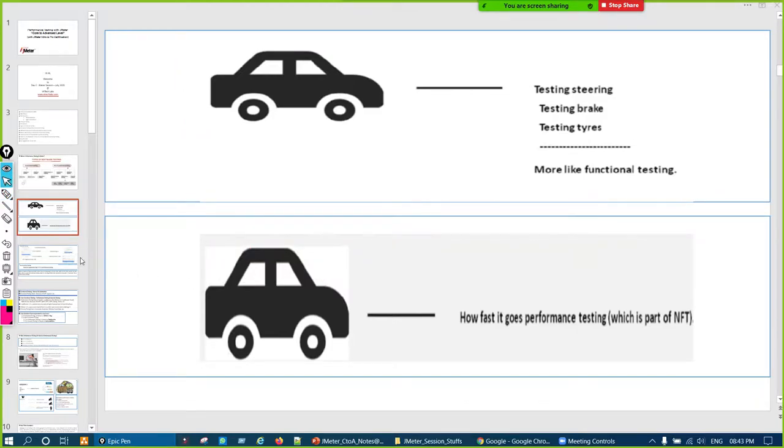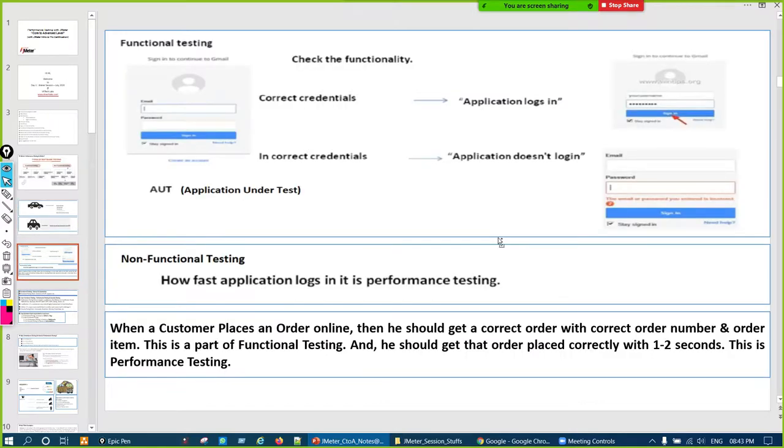Now one more diagram here. Let us say this is a login page of any website, right? Email and password. So in functional testing, what we see is whether this first input is taking a valid email or not. If it is not valid, what error is it throwing, right? If it is invalid, it should not accept it. The password field should take alphanumeric, right? And it should be minimum 12 characters, right? These things we check in functional.